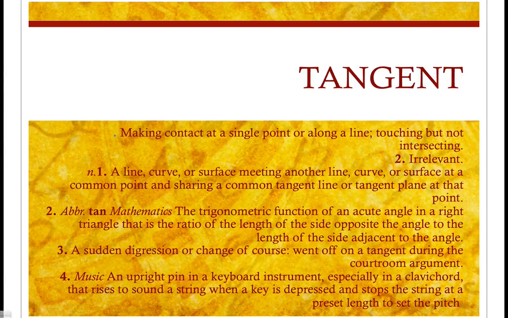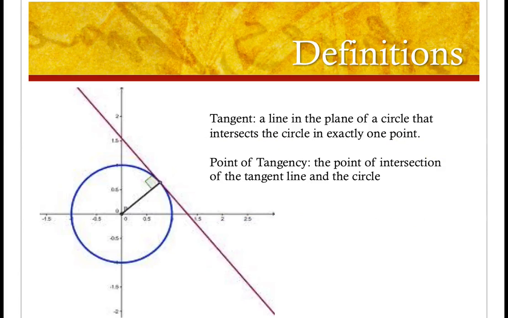We've talked about the word tangent a couple of times this year, and last time we talked about it as a trig function of the acute angle. But this time we're talking about an actual tangent line, which is a line that's going to make contact at a single point. The line actually touches the circle but doesn't actually intersect,